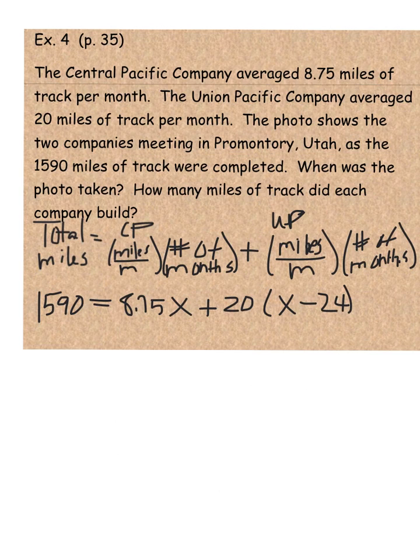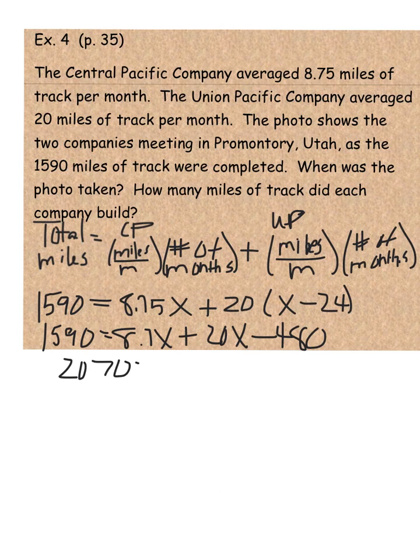So then once we calculate what X is equal to here by combining like terms, distributing, we'll have our value of X. And it looks like X is going to be equal to 72. So this will be the amount of months